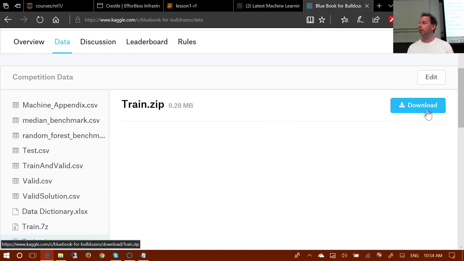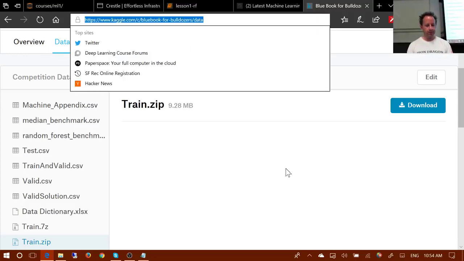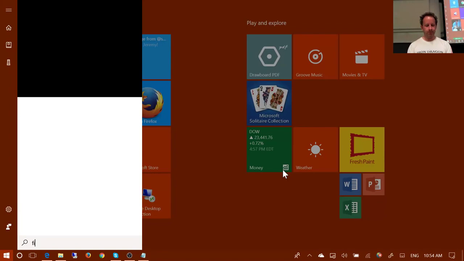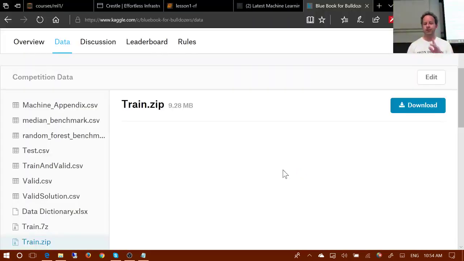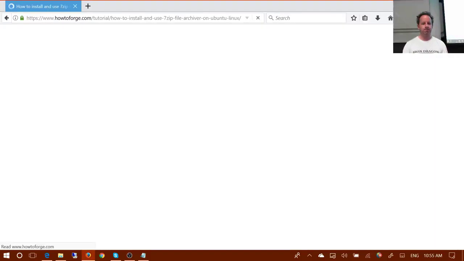One is you could download it to your computer and then SCP it to AWS. SCP works just like SSH, but it copies data rather than logging in. I'll show you a trick though that I really like, and it relies on using Firefox. For some reason, Chrome doesn't work correctly with Kaggle for this. So if I go on Firefox to the website,